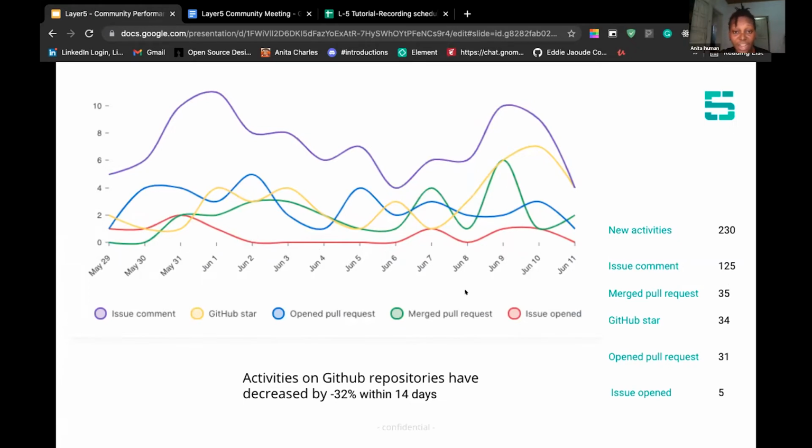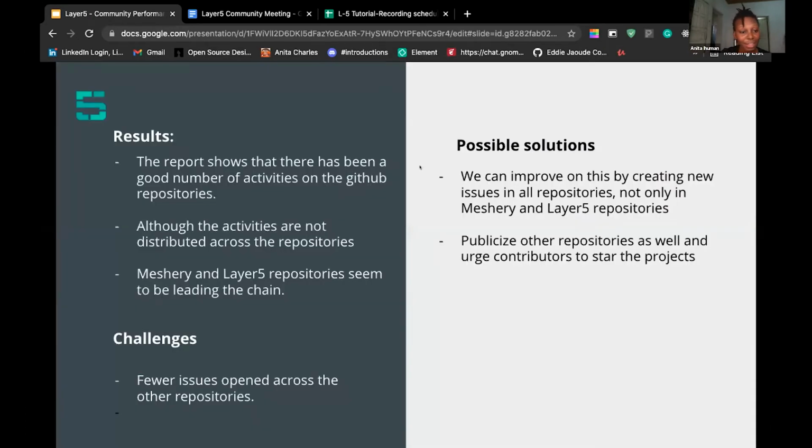The GitHub stars on our projects sum up to 34. The open pull requests over the last 14 days sum up to 31, and the open issues are at 5. So the results so far show that there has been a good number of activities on the repositories,